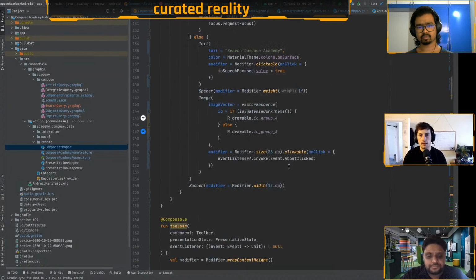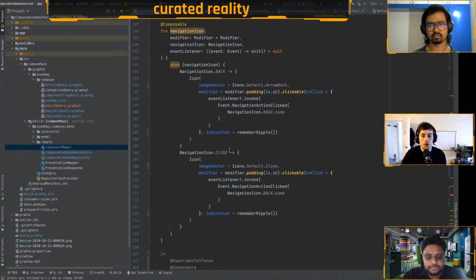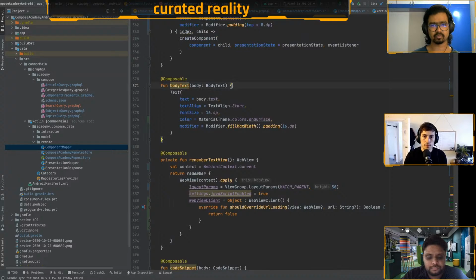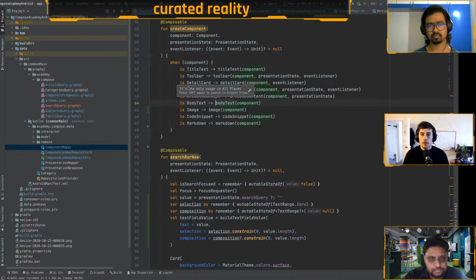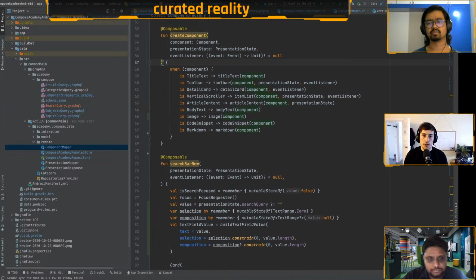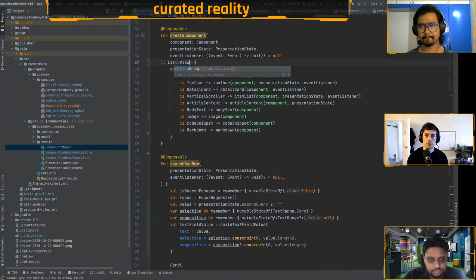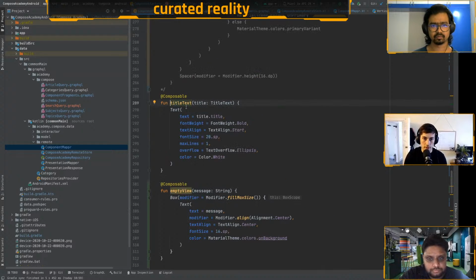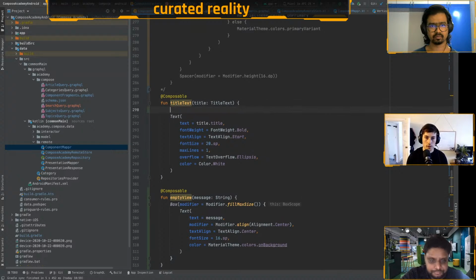Like I said previously, you could do this with the UI toolkit. So, for example, if you're not using composable functions, I think what you could do is have this function return a list of views. This isn't going to compile, it's just pseudocode, but each of these functions could return a view, like return text view.